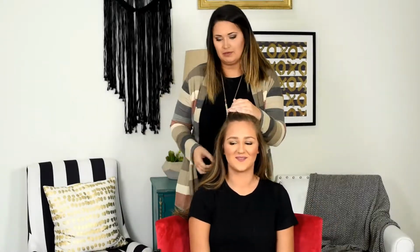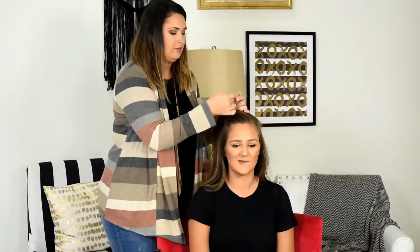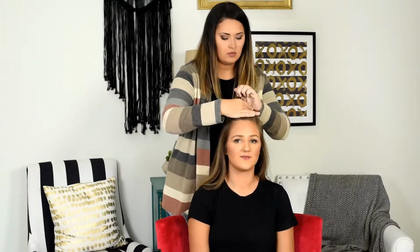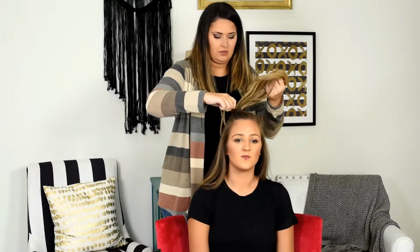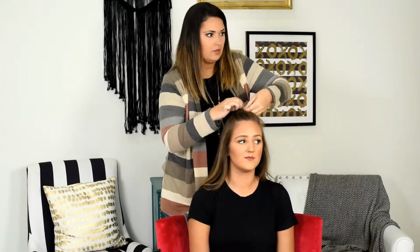So I use the arch of the eyebrows to really determine where I'm going to grab my section of hair at. So go from the arch of the eyebrows straight back and grab a chunk of hair. I use a clear rubber band to secure the hair with,